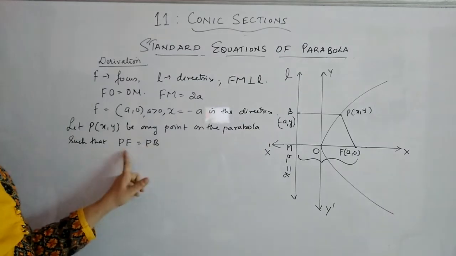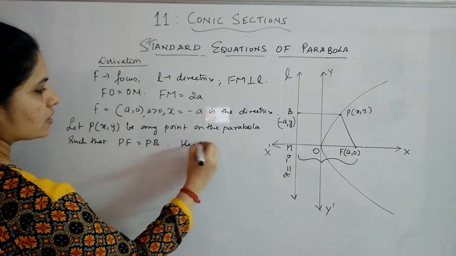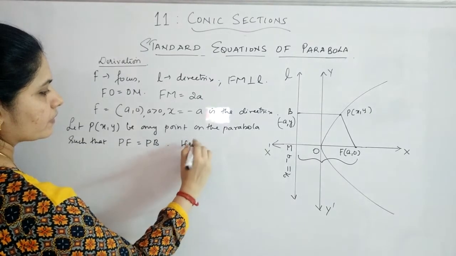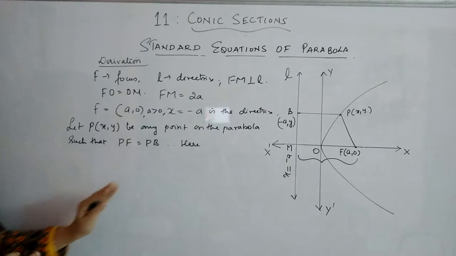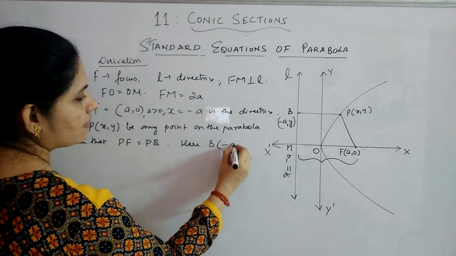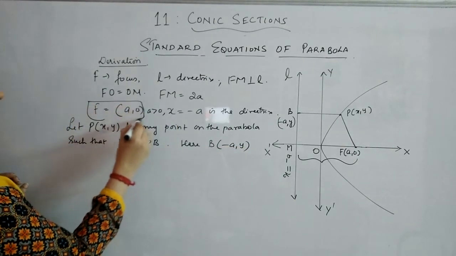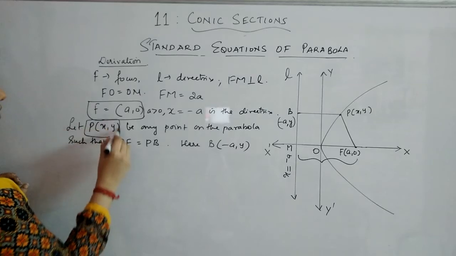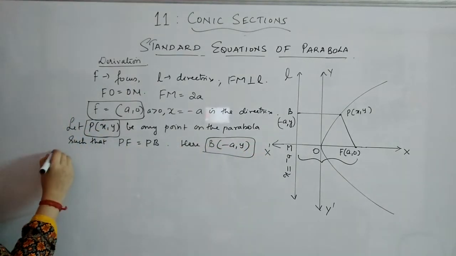Now you have all the three coordinates, so we can just substitute the values and find out what PF and PB are. We will use the distance formula. Here B will be (minus a, y). Remaining, F is given here, and P is also there. Now B is there. So what will be PF? By the distance formula,